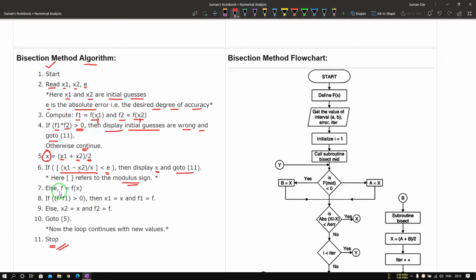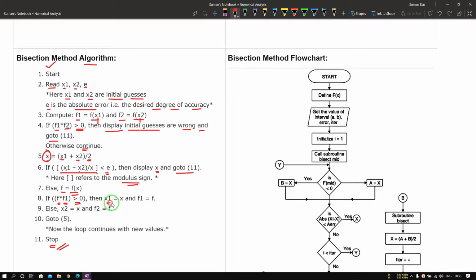Or else f = f(x). That means we once again put the mid value in the function that has been given, the algebraic or transcendental equation. If f times f1 is greater than 0, then we get the next range.